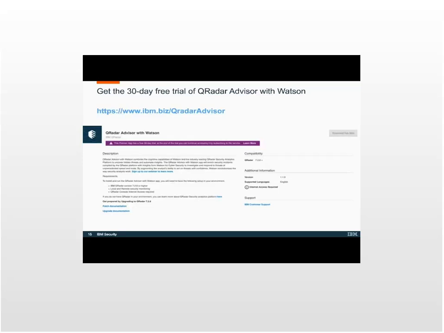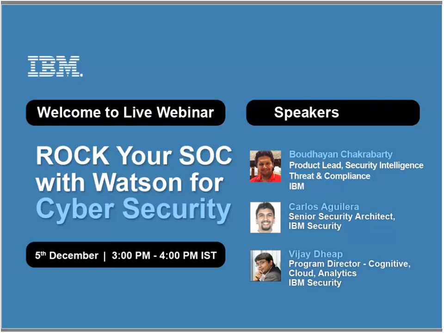We have another question, how to block an IP address in browser. Well, I'm going to say there are different methods for doing that. Since we are talking about QRadar, within QRadar itself, you can create a custom action which can block an IP address at your gateway or, let's say, at your firewall. We have got something known as QRM also, which can do something on similar grounds. We can give you those details, but today, we are mostly focusing on Watson.